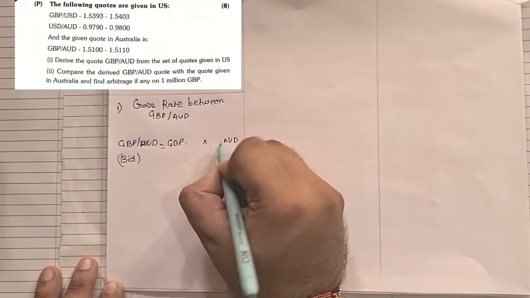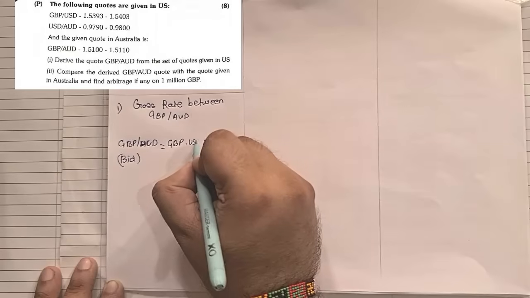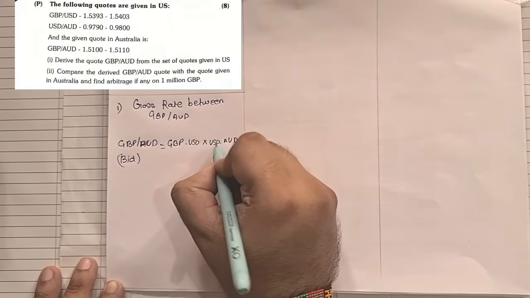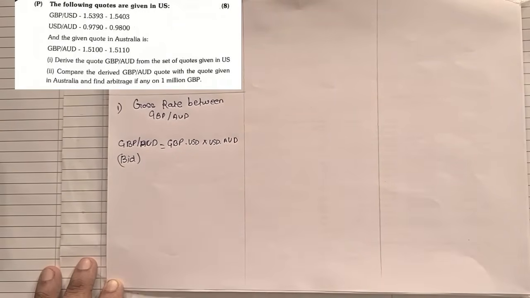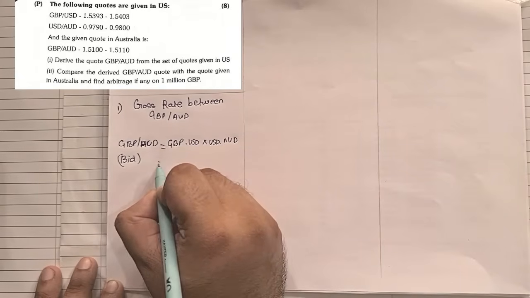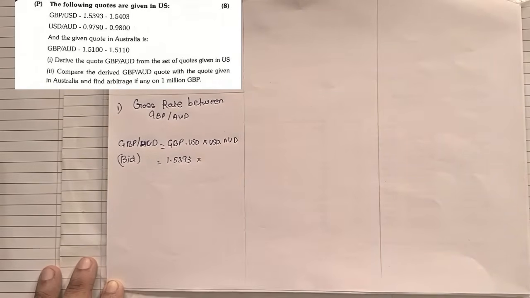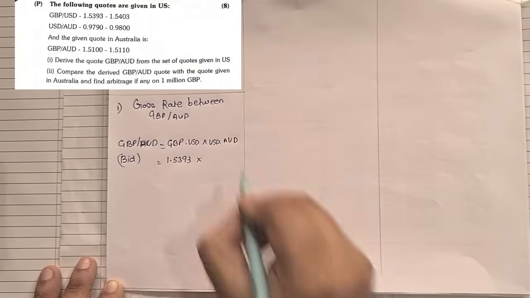Now check what is common in both of them. The first two, if you can see, USD is common in both, so I'll write here USD. So first check GBP to USD. In the question it is in the same direction. GBP to USD, the very first thing is in the same direction, so I'll take the same bid rate, which is 1.5393, and USD to AUD again is in the same order, so